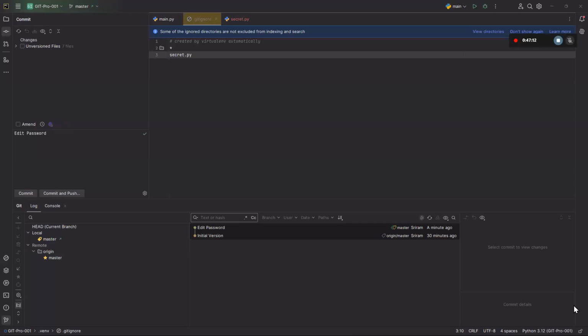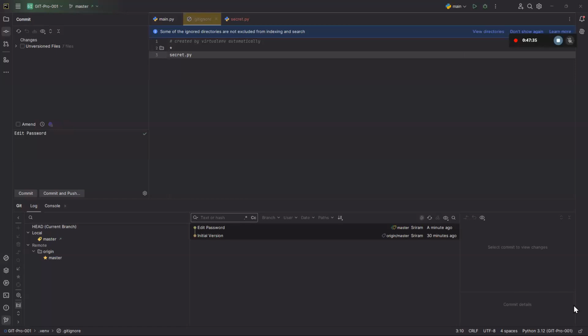Wait, I modified a secret file, right? Not the commit one. Hold on. Escape, escape. Go back. I'm also adding